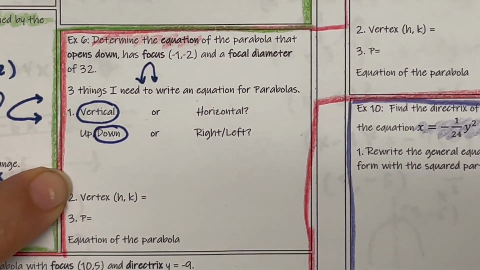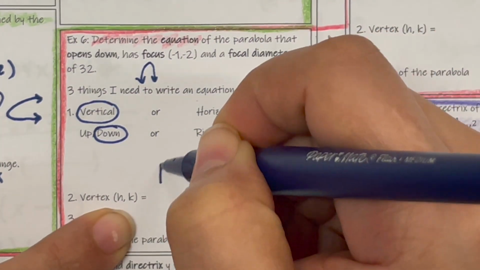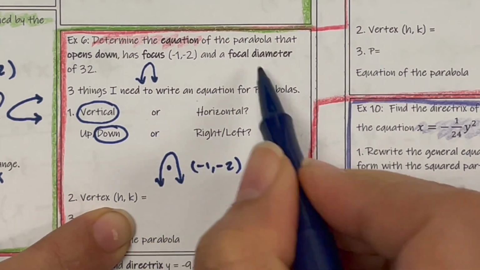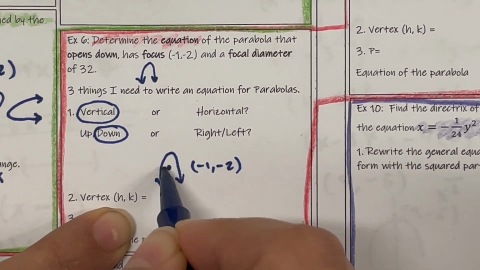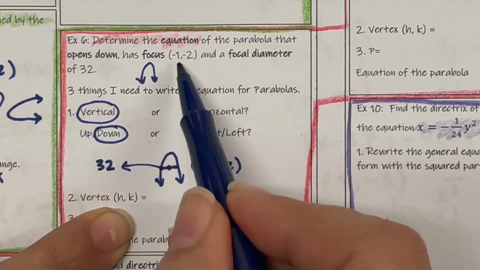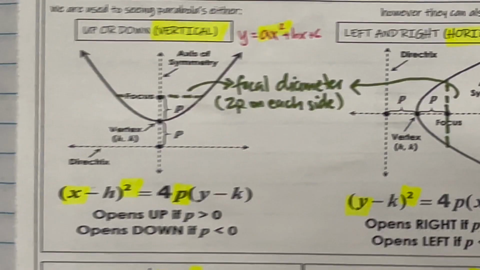They tell us it's opening down, so it's vertical and down. All right, let's go ahead and pull out the vertex, (h, k). How do I pull out the vertex? Well, I'm given the focus, which is right there, (-1, -2). You're also given the focal diameter, which is 32. Let's go over what focal diameter is again. Going back in our notes, on the very first page when we went over this,